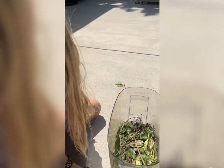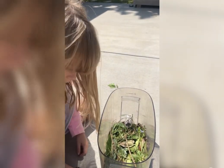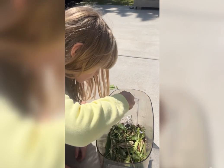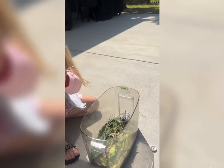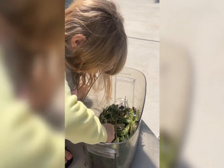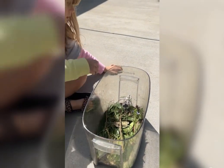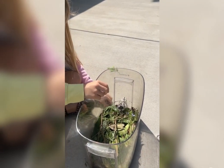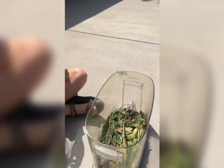Then we got some leaves and more of those flowers. And then we got one more of those things, we put it in. Put that in. And then, oh, looks like we got a few more that we can put in. And then,